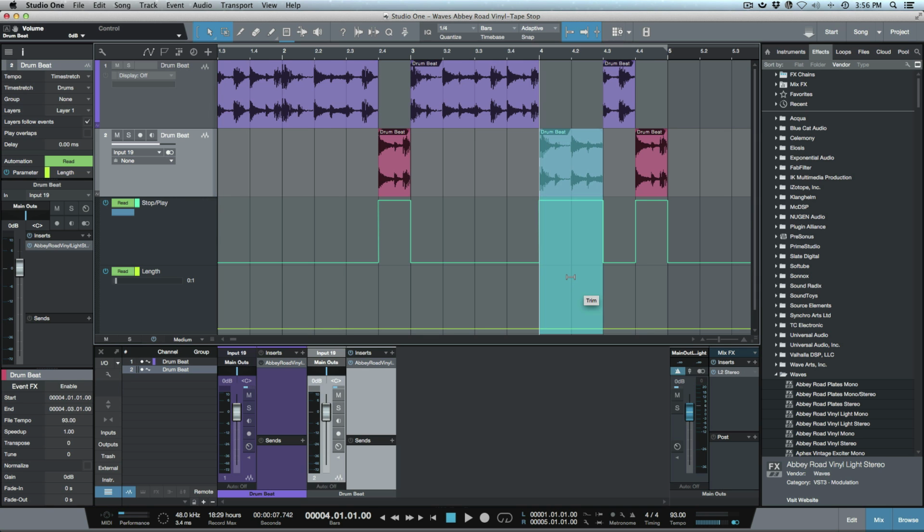I want to take this and set it from a quarter note to, we'll go to the 0:2. That'll set it to 2 quarter notes, which would be a half note. So now if we play from bar 3,